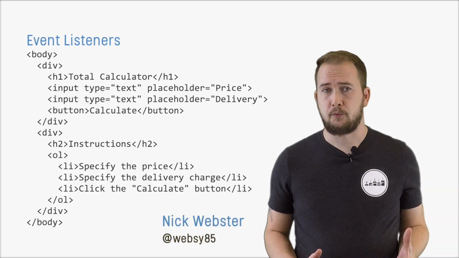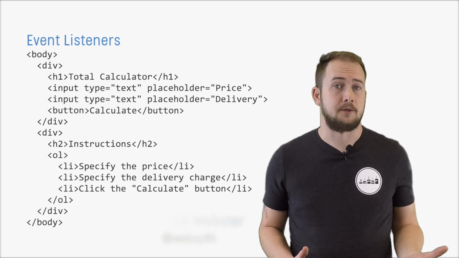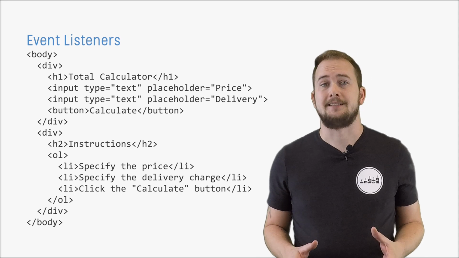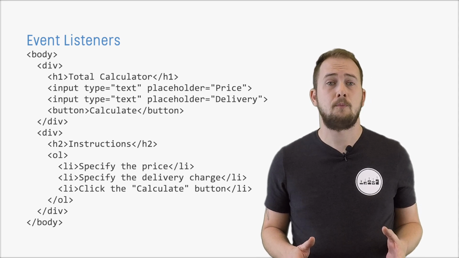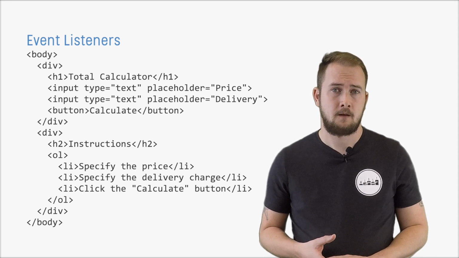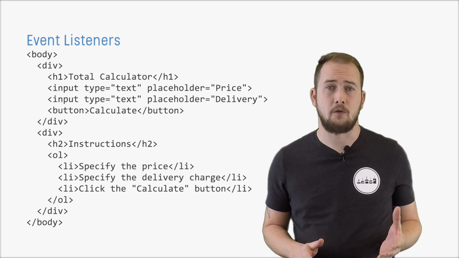Currently, the web page we've built is static. The input and button elements don't do anything when you interact with them. So the next step is to get our HTML and JavaScript talking to each other, which we can do by adding event listeners. One way to do this is by adding attributes to the HTML elements we want to make